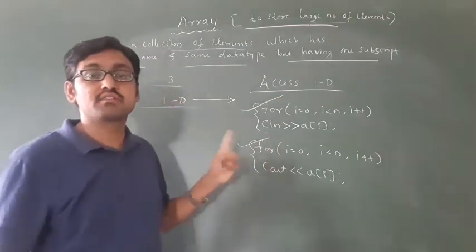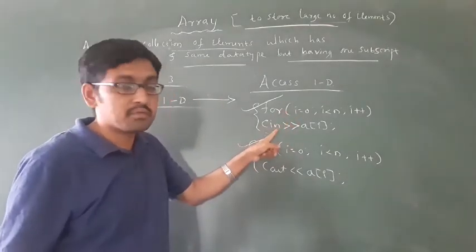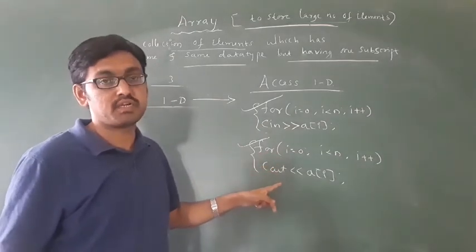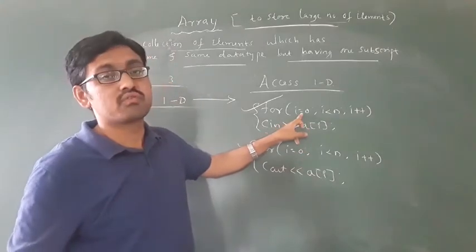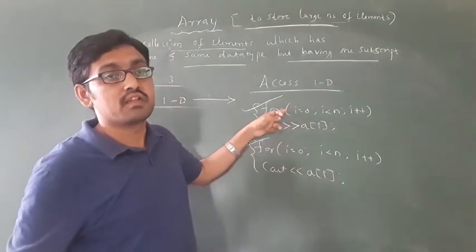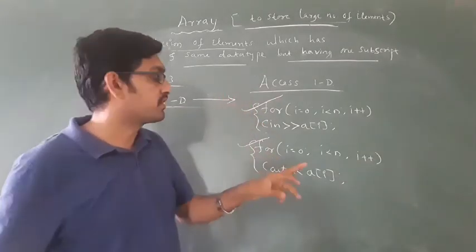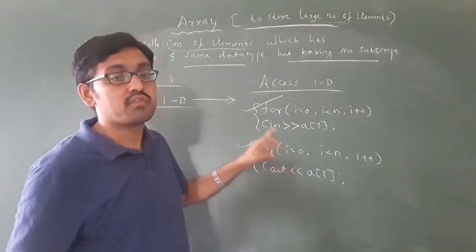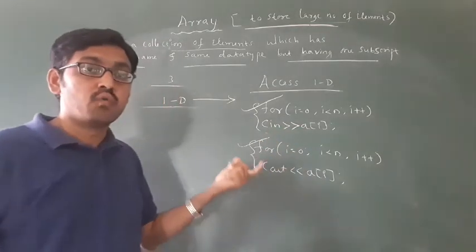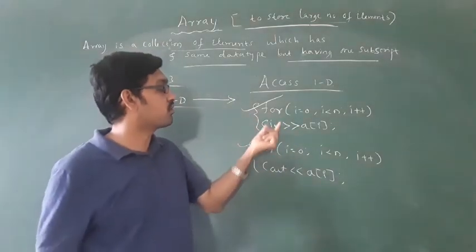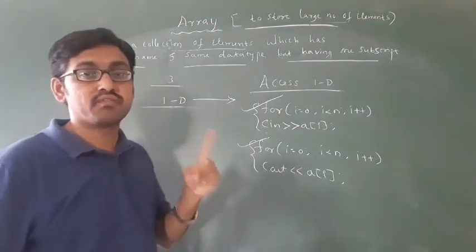See how to access a 1D array. A 1D array can be accessed by using a for loop with a cin statement, and a for loop with a cout statement. If you want to enter any values and have them stored, you must use a for loop. With cin there is always a for loop when you are writing the program by using an array. Then with cout also there is always a for loop. Got it? You have to remember how to access a 1D array: for loop with cin statement, for loop with the cout statement. Okay, this is very important.